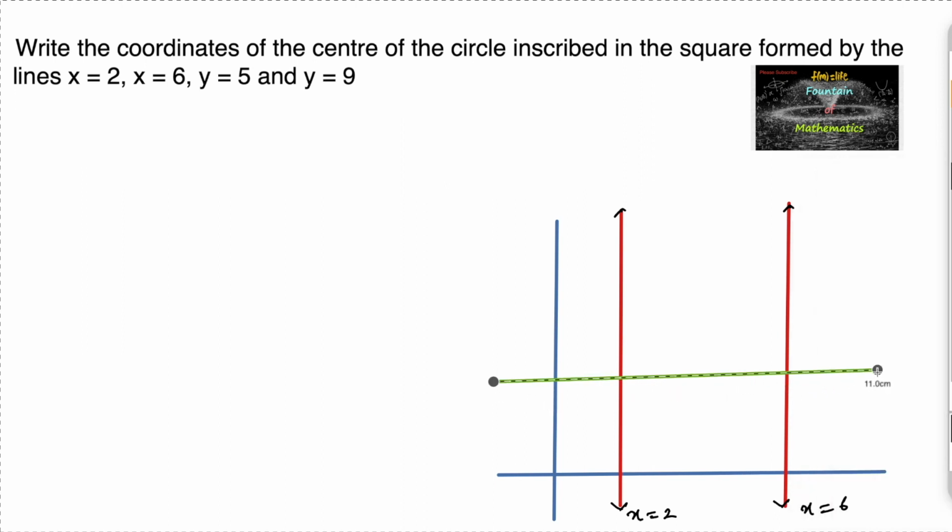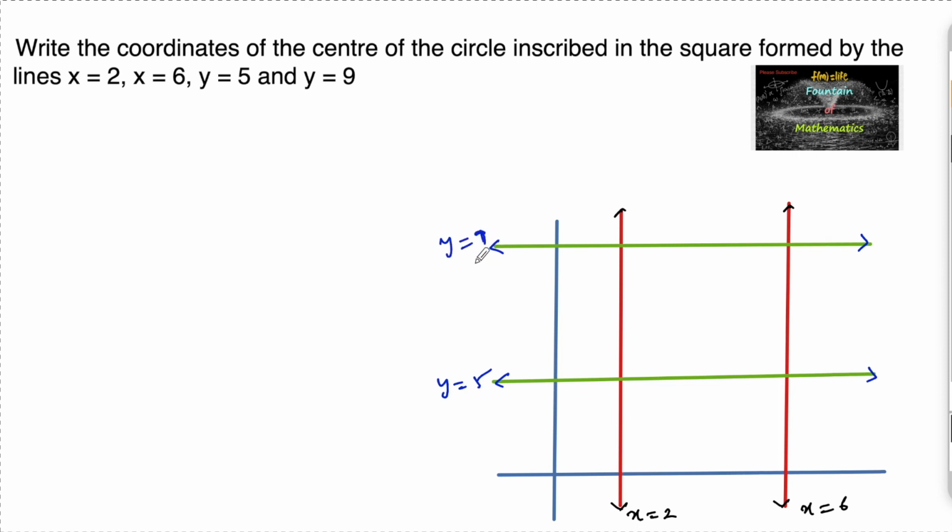Consider y is equal to 5 and y is equal to 9. Say this is y is equal to 5 and y is equal to 9, and now there is a circle. There is a circle inscribed in the square formed because its length is from 2 to 6, which is 4 units, and here also 4 units from 9 to 5, 5 to 9. So it's a square formed, with a circle inscribed in the square. So these sides, these lines, become tangents,